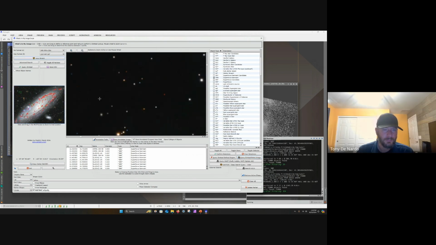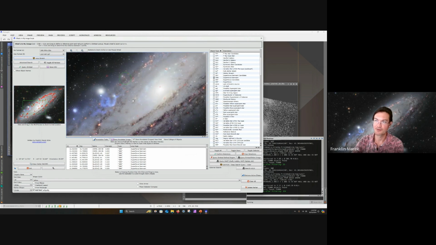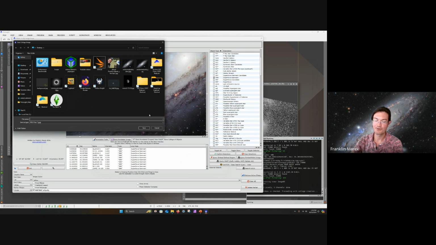Here's all the different supernova remnants. They're just scattered all throughout the whole galaxy. You can see them all listed here. If you click Save Collage of Objects now and click Save Annotated Image, it's going to go ahead and pull all those images out, and we'll just call this,